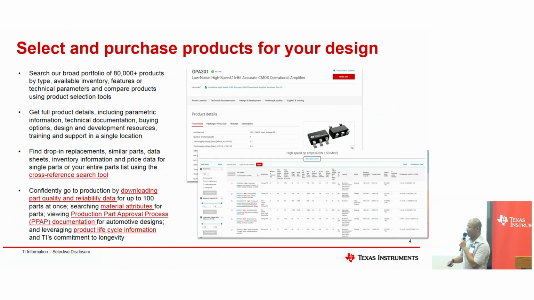Okay, so on TI.com, we actually have more than 80,000 products. So how do you know which is the right product to look for? Of course, one of the ways is to ask your respective FAEs. But if you want to do it yourself, TI.com makes it very easy for engineers. Let's say, for example, you want to look for a high-speed amplifier. All you have to do is go to TI.com, under the product menu at the top.